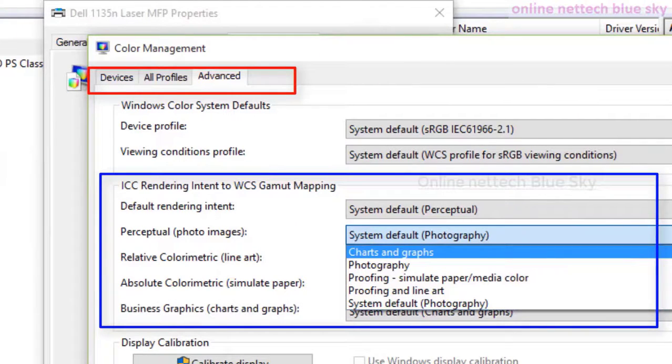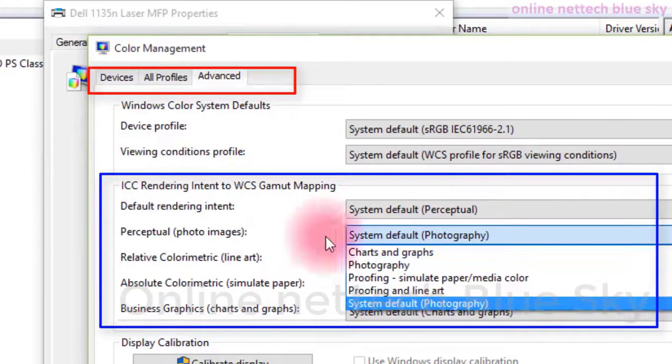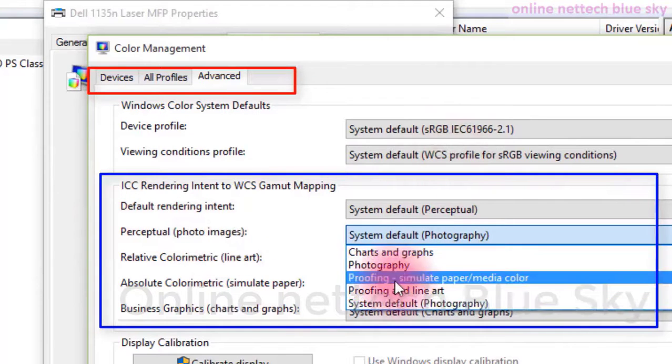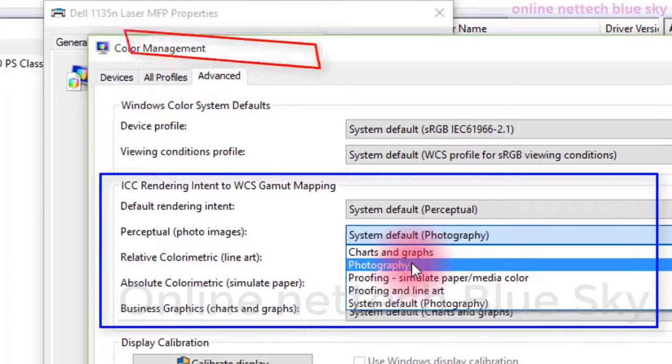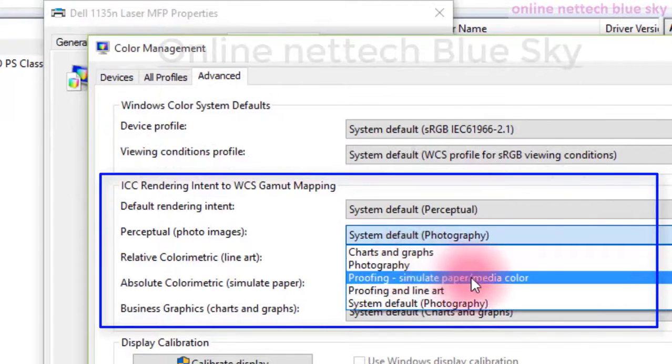Chart and graphs means a graphics designer creating company charts and different tabs, accounting systems, so you can set it here. And by default, the Windows operating system always defines these by default.